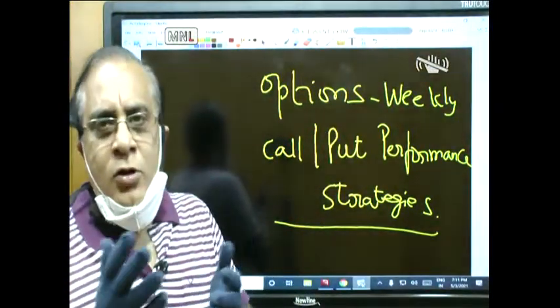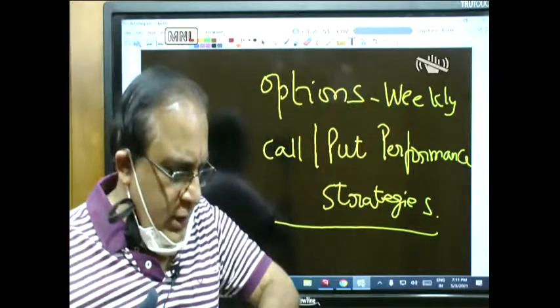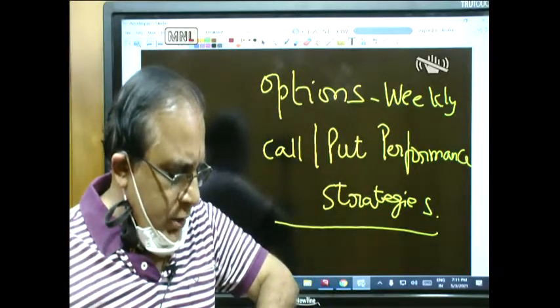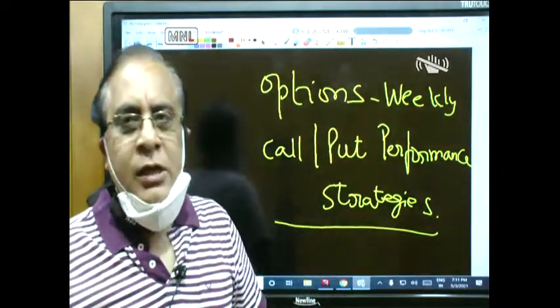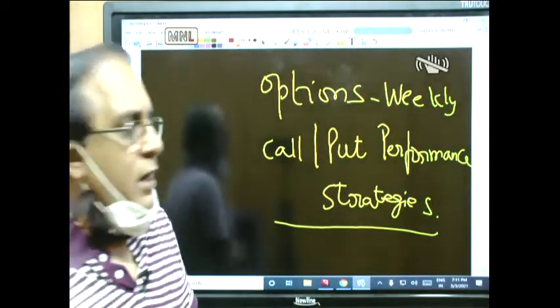So the call and put is known to you. The buyer of a call option expresses a view on the upside, and the buyer of a put expresses a view on the downside, right? So